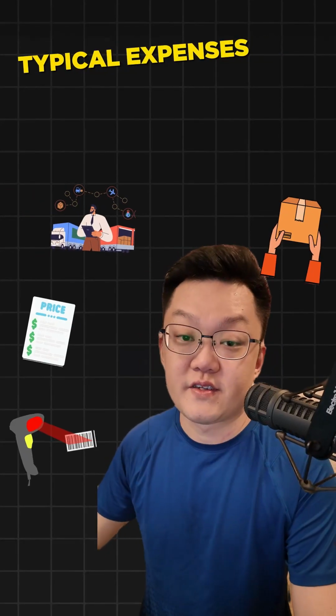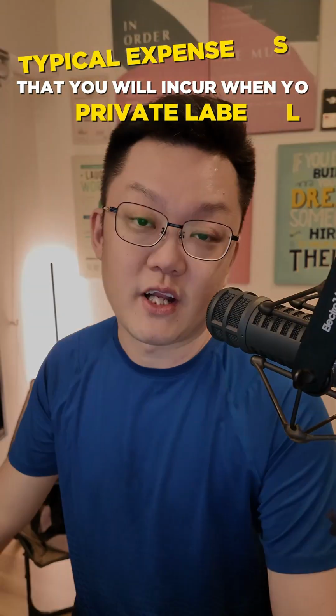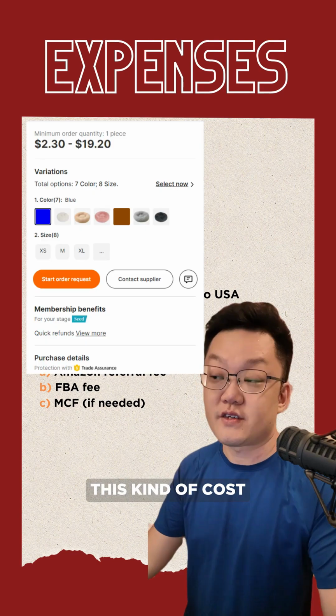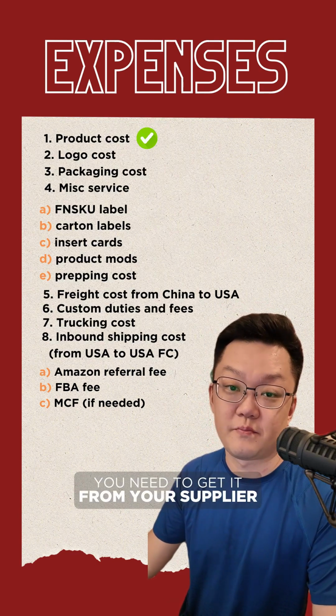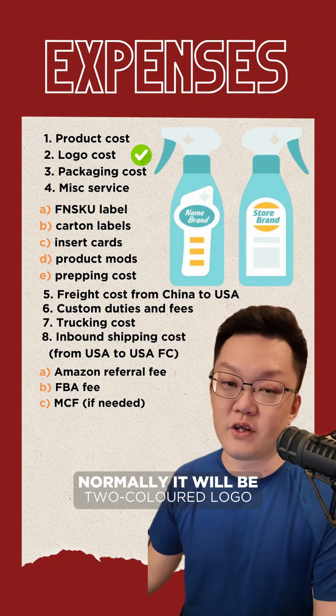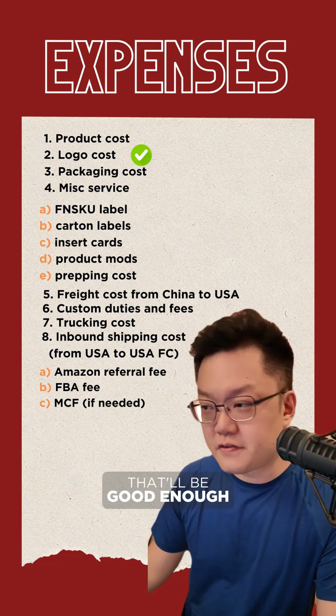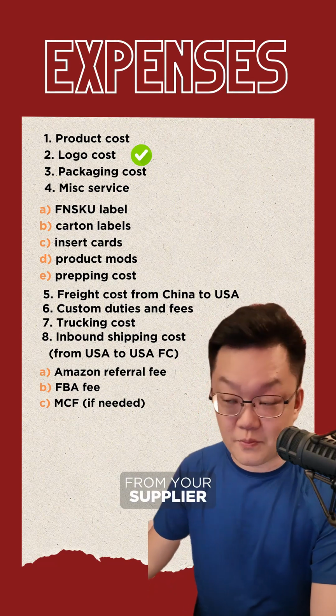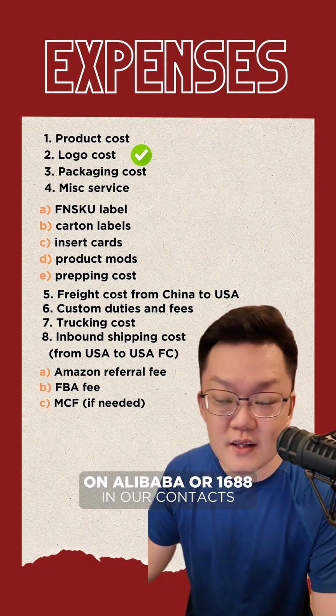This is the typical expenses that you will incur when you private label. First thing first, there's the product cost. This kind of cost, you need to actually get it from your supplier itself. Number two, you need to actually put a logo on the product itself. Normally there'll be a two-color logo. That'll be good enough. And you can actually get this cost from your supplier on Alibaba or 1688 in our